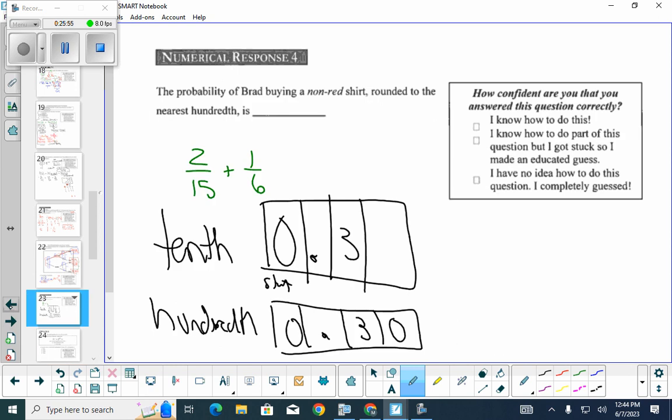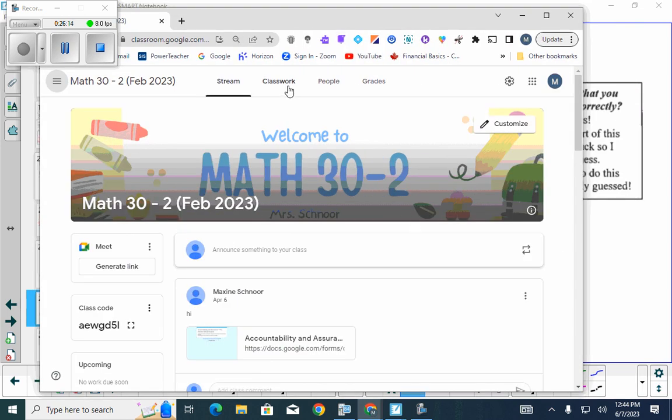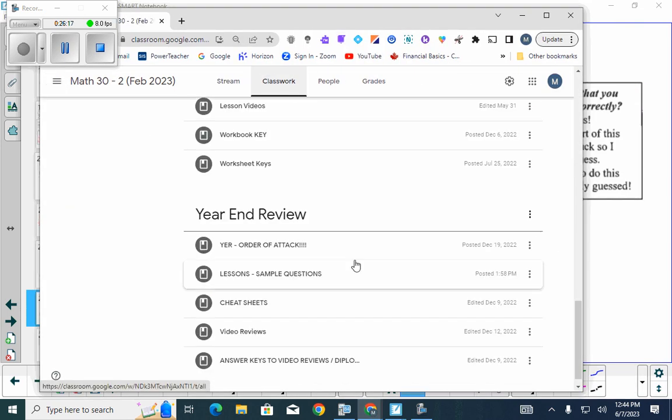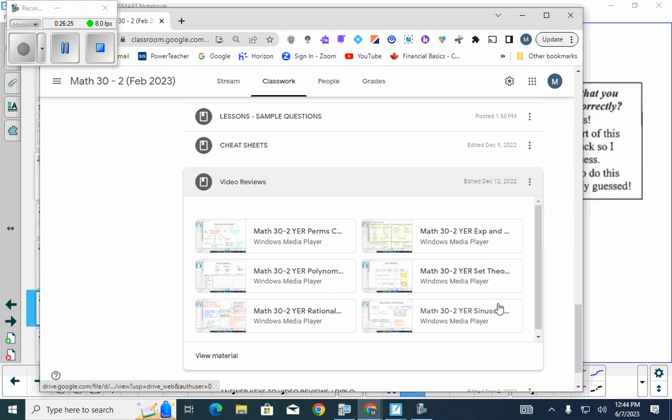Okay, so that was probability. Again, if you need a way more detailed view of probability, you want to go on to classwork. You want to go down to your interview. Right here it says video reviews. You want to click on the